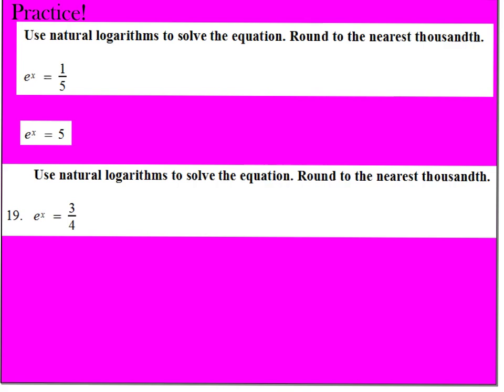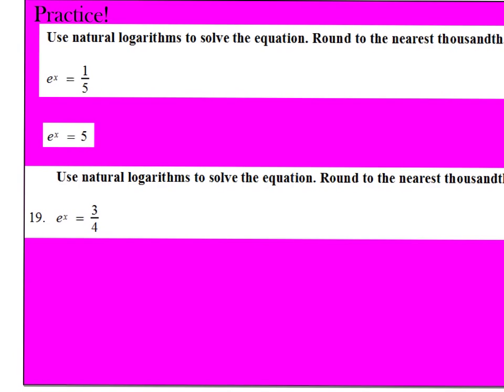So what would be really convenient for us to do for these problems is to add an ln, because if we were to add ln, we can cancel out completely the ln and the e, leaving only x on the left and ln of 1/5 on the right. And then ln of 1/5, we just plug that into our calculator, and we get negative